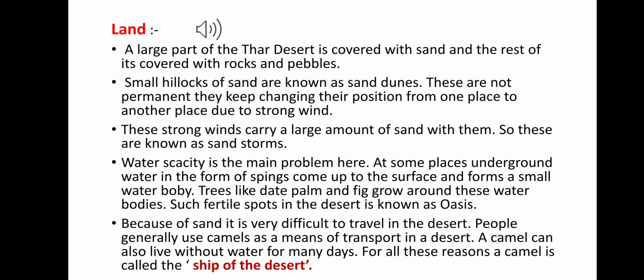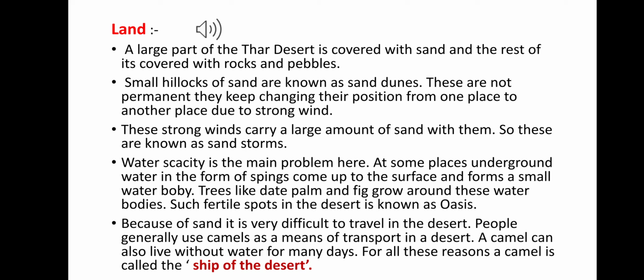Now we will discuss the land. A large part of the Thar Desert is covered with sand. And here you see some hillocks of sand; in many places these hillocks of sand are called sand dunes. These sand dunes are not permanent; they are always changing their positions due to the wind.